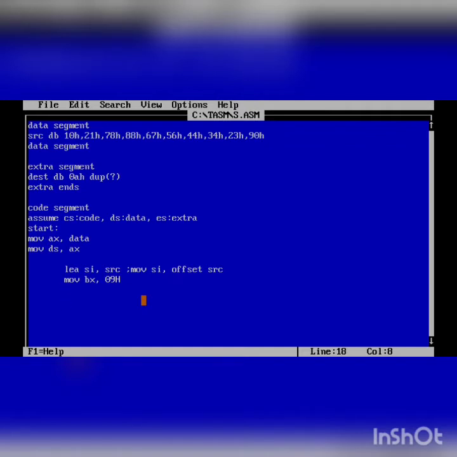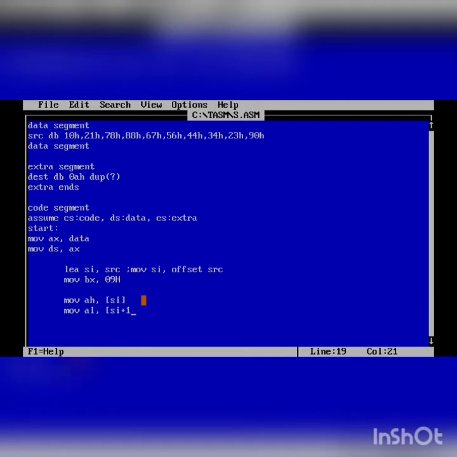Now let us start with the first comparison. So I need to read both consecutive elements into any of the registers. So move AH, source, reading the first element, and reading the second element into AL.